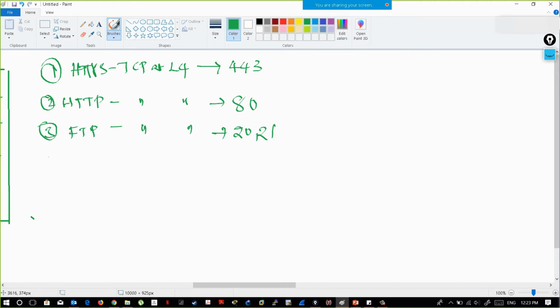Then TFTP, which uses not TCP but UDP at layer 4. TFTP uses port 69. And after TFTP,